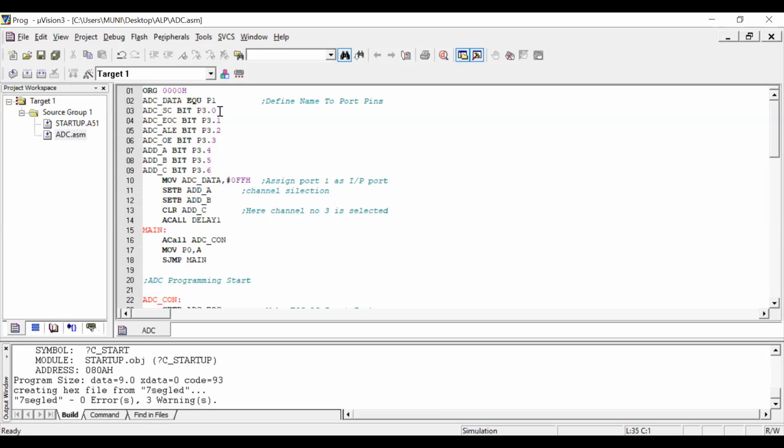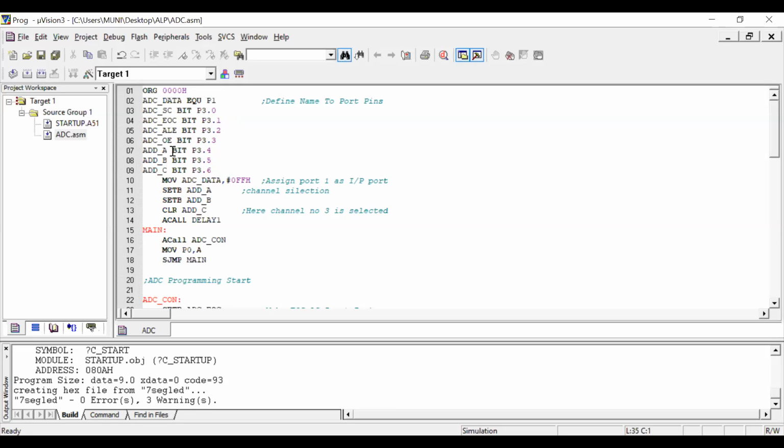For a better understanding, without confusion, whatever pins we are going to control are assigned names. So start of conversion is connected to port 3.0. Assume that port 3.1 is used as end of conversion, 3.2 is used as the ALE signal, address latch enable, and port 3.3 is used as output enable.